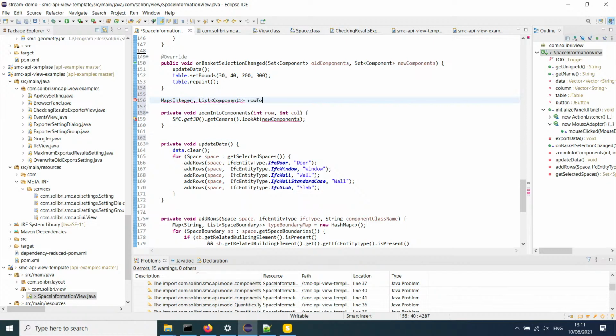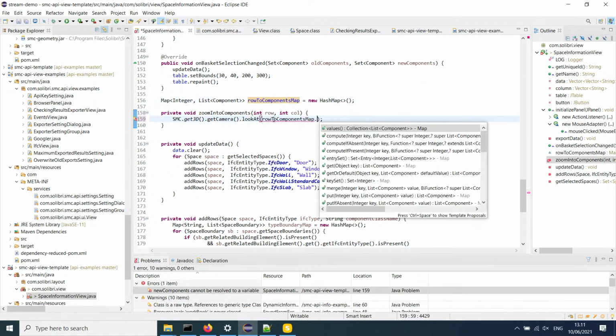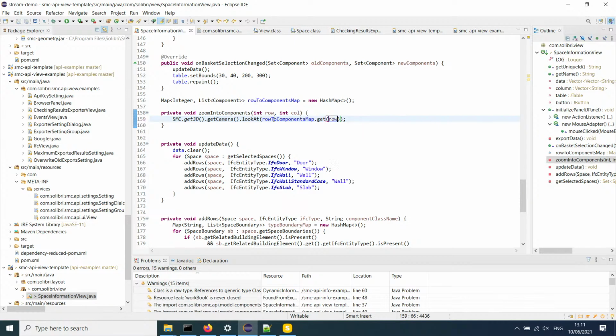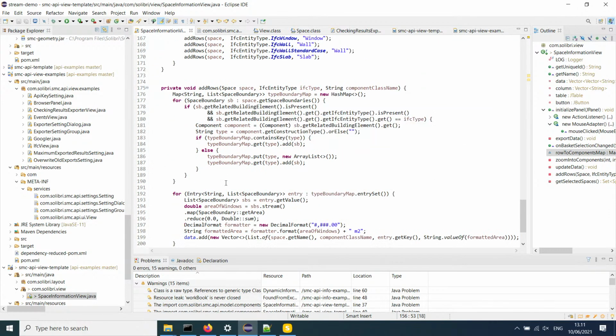So row to components map. And this is simple. We just get it with the row number, and we do need to fill it. So when we are adding rows,